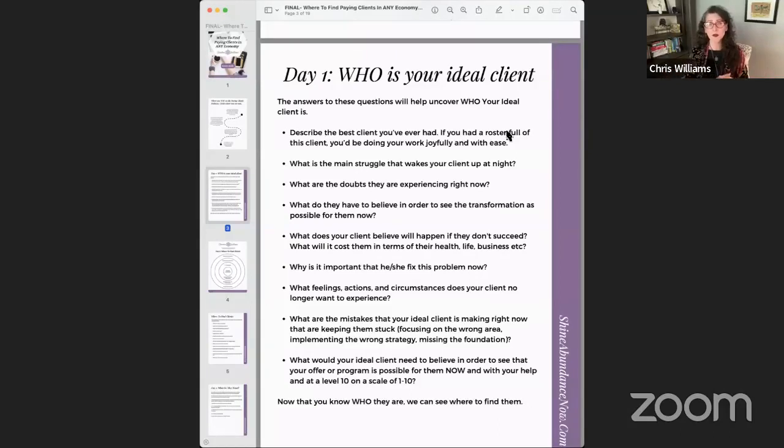I'll give you an example. So one of my clients who came to work with me, she was struggling with lymphedema. She was waking up at 3 a.m. with anxiety and panic attacks. She knew that she was not treating herself well, and she did not want to experience that anymore. She wanted to lose 50 pounds. And her feeling was she felt anxious. She felt fearful. She felt that things were never going to get better. And she was a no for experiencing that anymore.